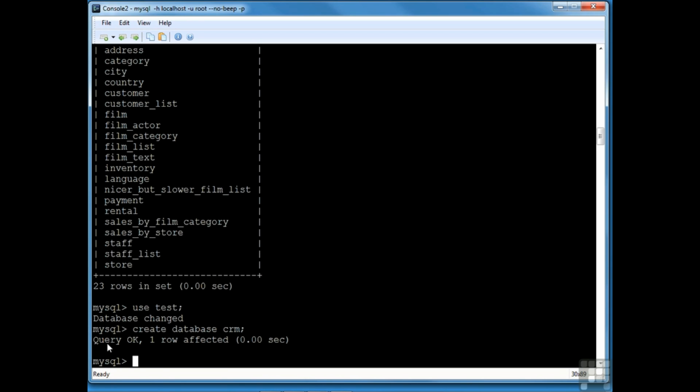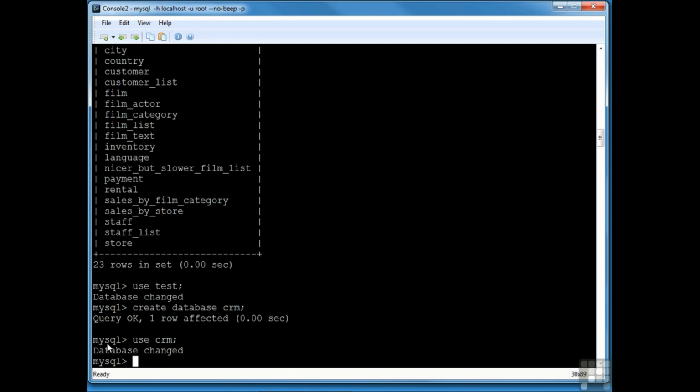Once created, you're going to want to remember to switch over to that new database, presuming you want to begin using it right now, because MySQL will not automatically do this for you. So after creating the CRM database, you're going to have to switch over to it, again, using the use command. Incidentally, because typically you're going to return to a particular database over and over again, you can save yourself the extra step of having to switch over to that database after having logged in